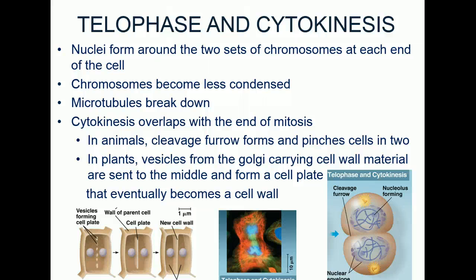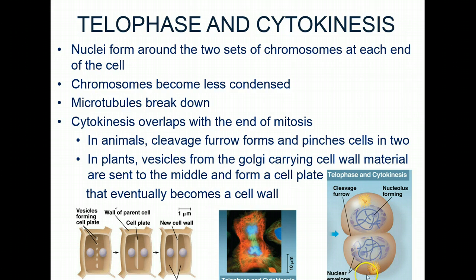Now keep in mind that we said that this next step, cytokinesis, overlaps with the end of mitosis. So very often we see that telophase and cytokinesis are grouped together as a single step, because really these steps are happening at around the same time. So cytokinesis is the process in which we're actually going to divide the cell and all the stuff that's inside of the cell. So essentially what we see is that in animal cells, and we can see that in the diagram to the right,